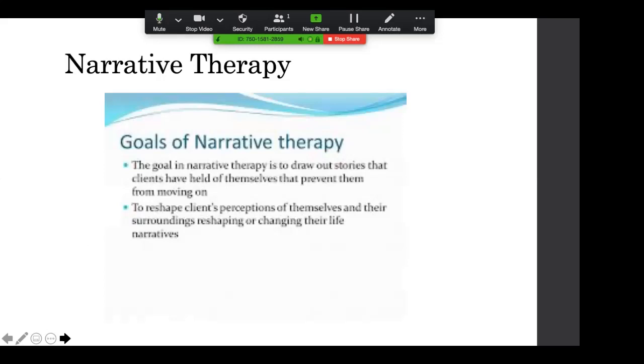So narrative therapy is a unique type of therapy. Narrative therapy is a form of counseling that views people as separate from their problems. This allows clients to get some distance from the issue to see how it might actually be helping them or protecting them, more than it is hurting them. With this new perspective, individuals feel more empowered to make changes in their thought patterns and behavior, and rewrite their life story for a future that reflects who they are, what they're capable of, and what their purpose is, separate